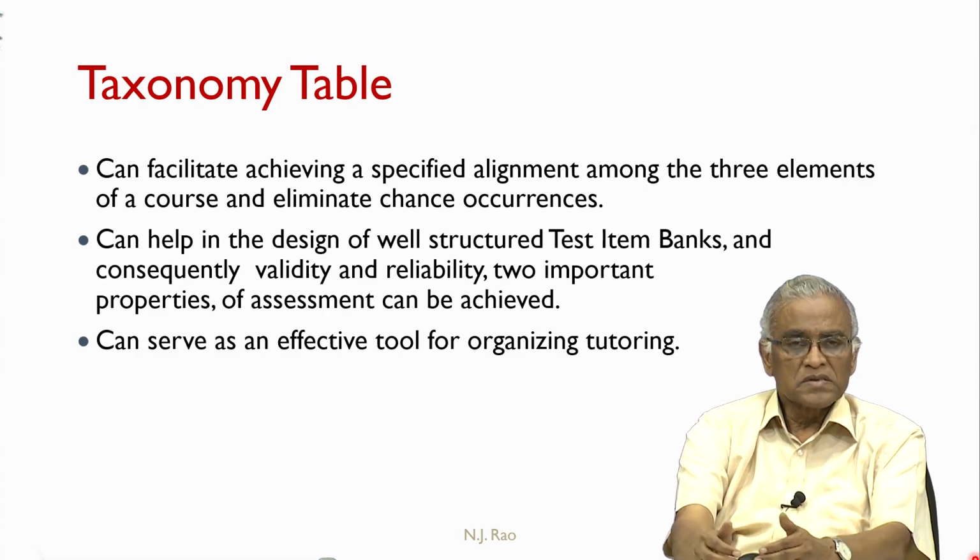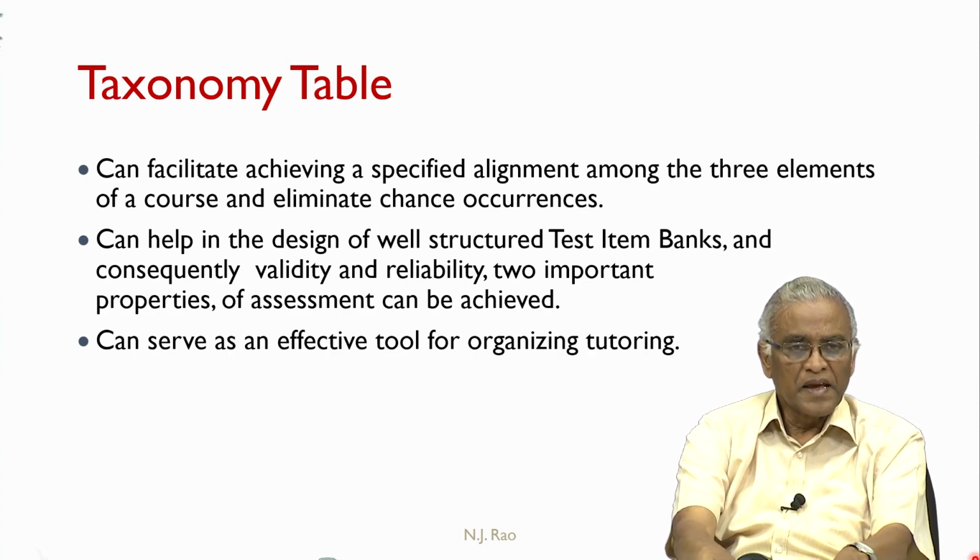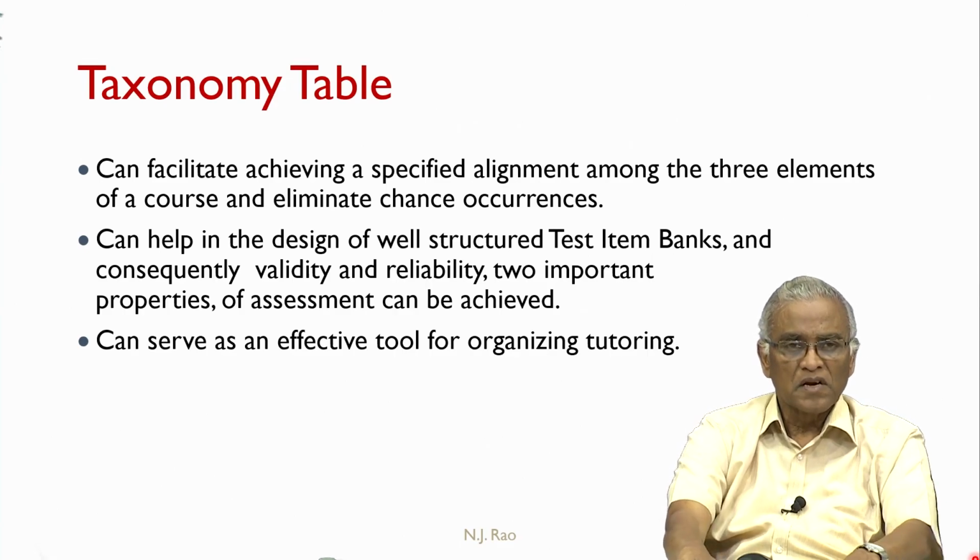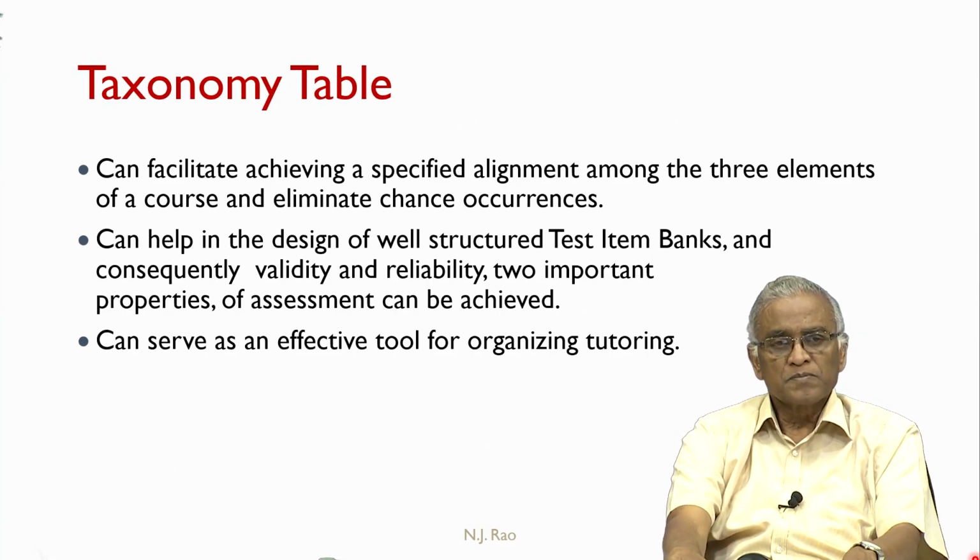But in both cases there is a possibility of chance occurrence, and in that case not achieving the right kind of alignment. So one can make use of this taxonomy table,